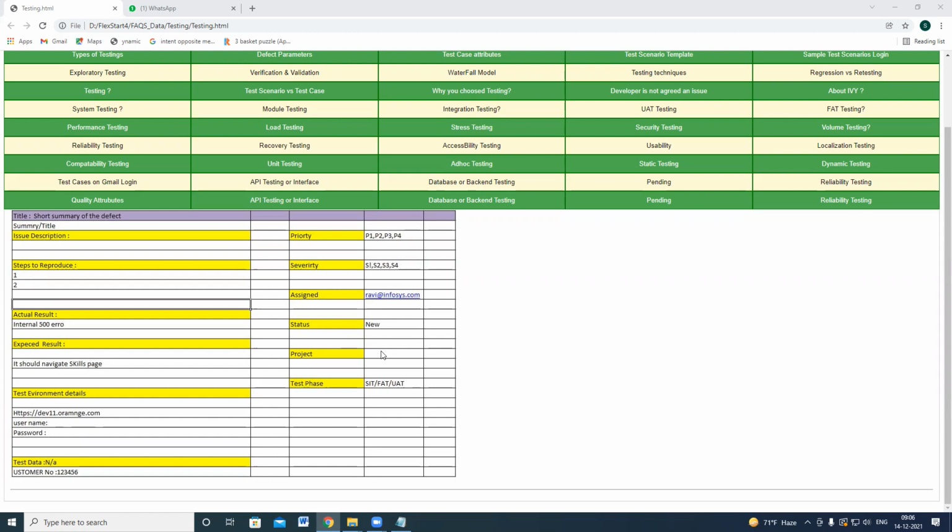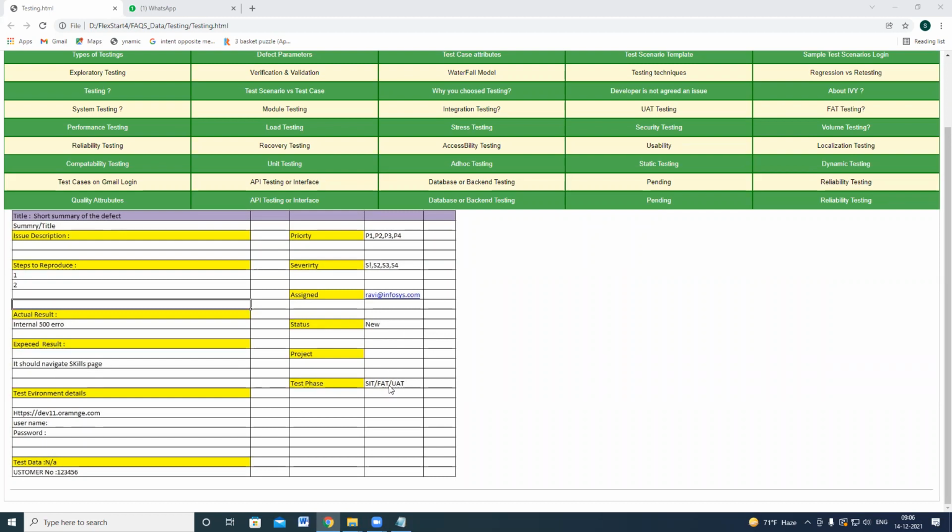And you have to select the project you are working on, and populate that project name. And the test phase: is it the SIT phase, the FAT phase, or the UAT phase? UAT means user acceptance testing, so if the client-side team is testing, they will select UAT.